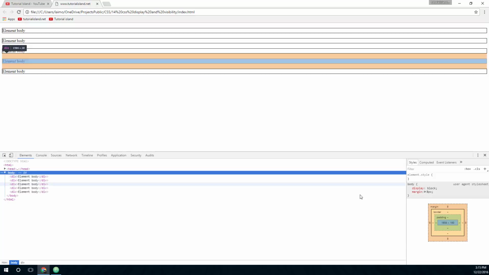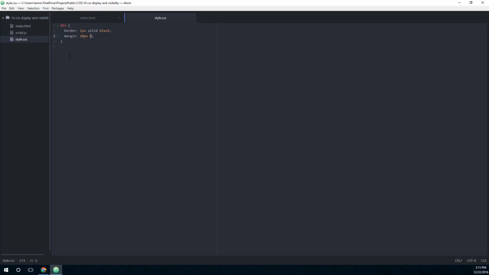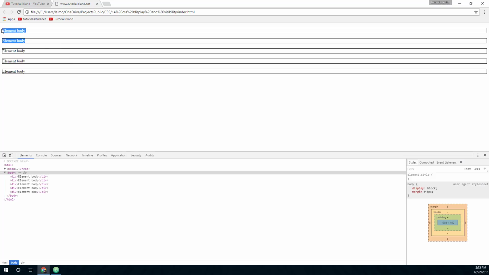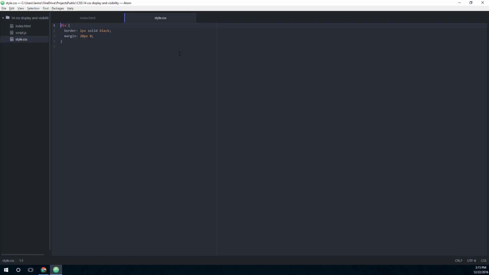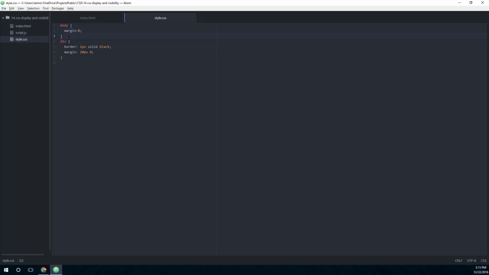If I select the body, as you see, body is also display block. And it also has a margin of 8 pixels from all the sides. So if I wanted my div elements to actually touch the sides of the viewport, I would need to define that body would have a margin of 0. This actually would allow our content to touch the sides. So sometimes it's really important to have that feature. For now it doesn't really matter much, but